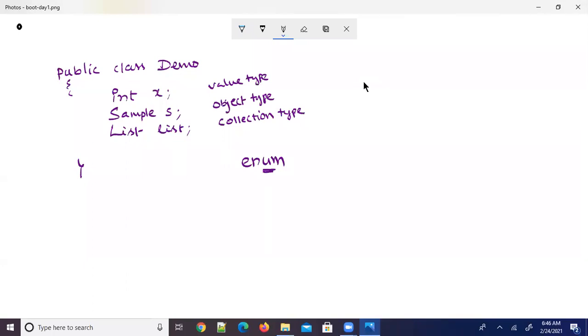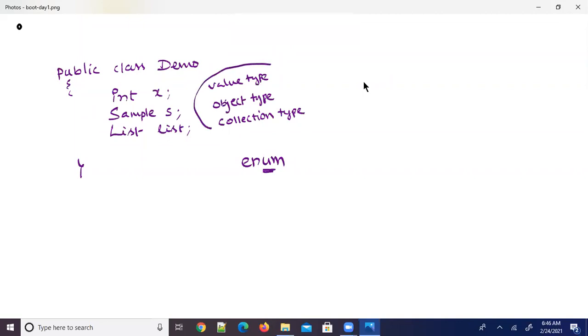Finally, map. You're saying map is a collection. It's a collection type. It can store an object, a map object. So finally, a bean can have three types of dependencies.